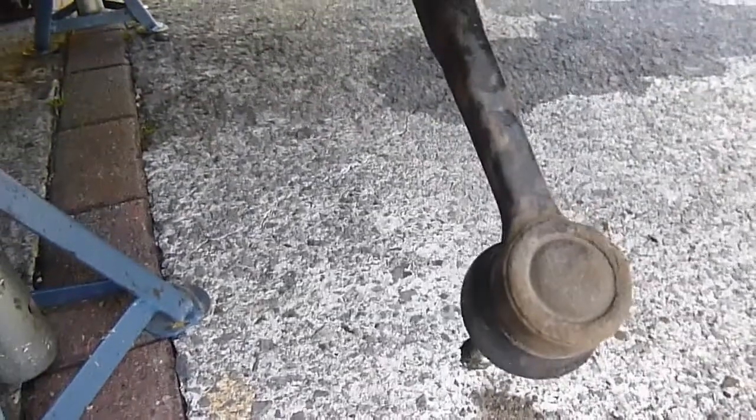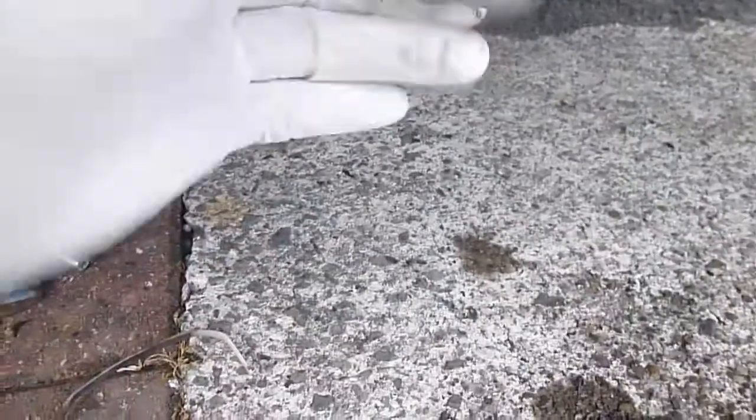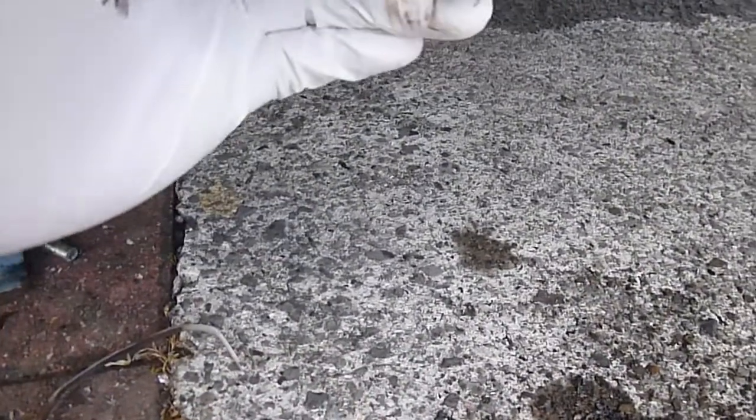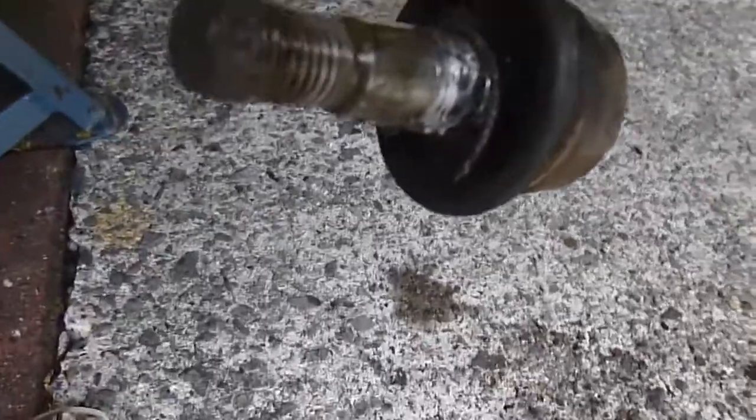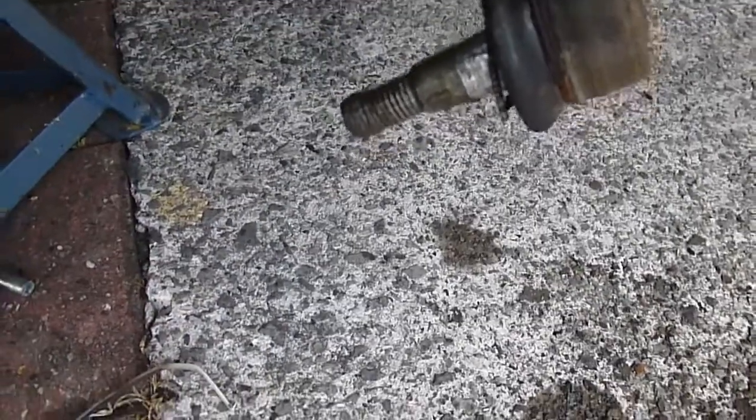And if it's exactly the same size, it should be more or less aligned, but like I said, I will get it changed anyway. But you can have a good look at the condition of this one. It's had it basically. You can see it's way too floppy there, and I did have to grab the end of it there with a mole grip. So the last little bit of thread was really caked up with rust, and I struggled to get it off. So you can just about see I grabbed it with the mole grips there and just undid the last little bit. So we'll whip that off,